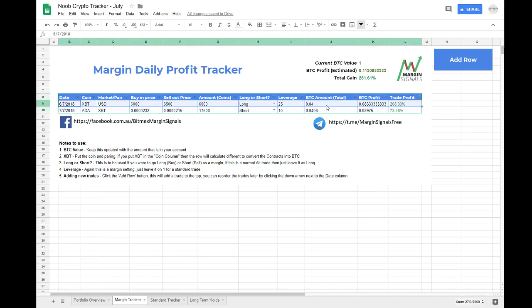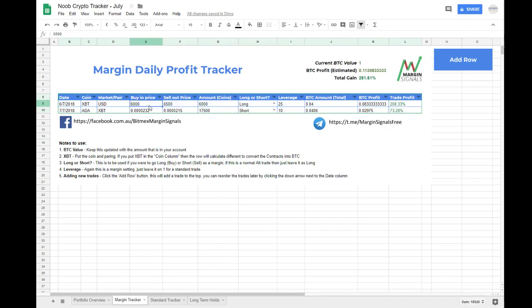That's entering a trade. Remember these couple of rules. Don't touch anything in here. Make sure you get the right coin in here. Buying price and sellout price is your entry and exit, and amount of coins if you're dealing with BTC is the contracts. So price, like $20,000 or $6,000, whether or not you're going long or short, put in your leverage, and then the